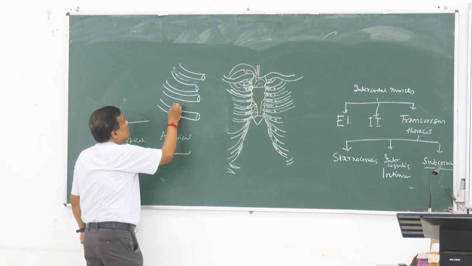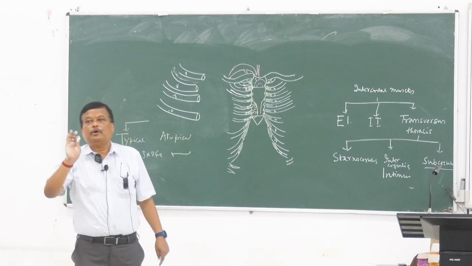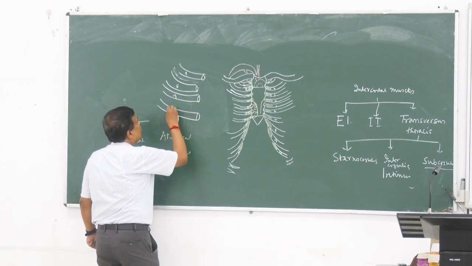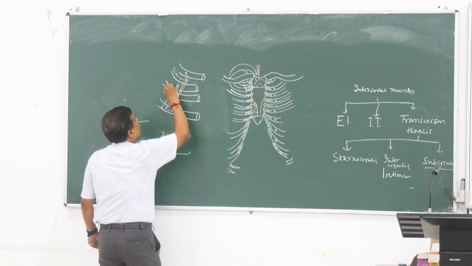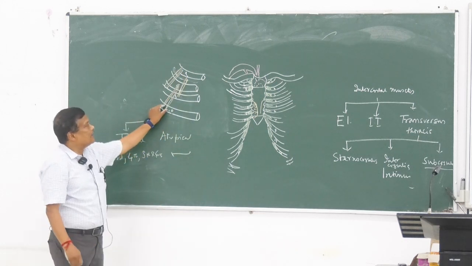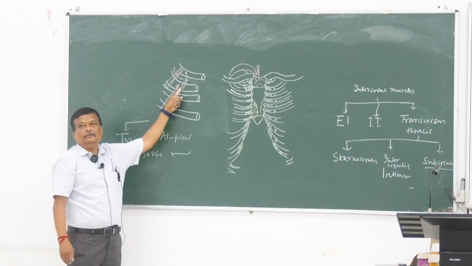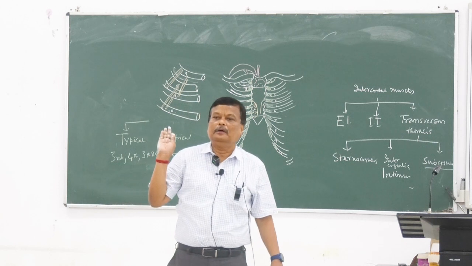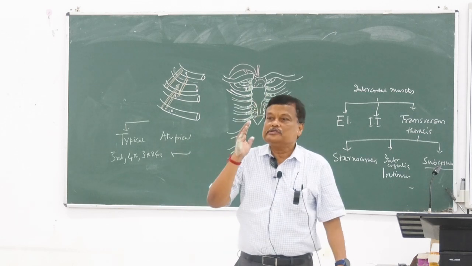ধরো ইট ইজ এ 10th 9th সাবকস্টালিস থাকে না, এখান থেকে অরিজিন নিয়ে পেছন দিক থেকে অরিজিন নিয়ে নিচ থেকে অরিজিন নিচ্ছে। ধরো 10th রিপ থেকে একটা স্ট্রিপ অরিজিন নিচ্ছে, এইটা ইনসারশন নিচ্ছে 9th এবং 8th গিয়ে। এরকম ডিটেলস পড়ার দরকার নেই, বারবার বলছি, শুধু নামটা জানবে। ট্রান্সভার্সাস থোরাসিস, the innermost layer is the transversus thoracis, subcostalis,